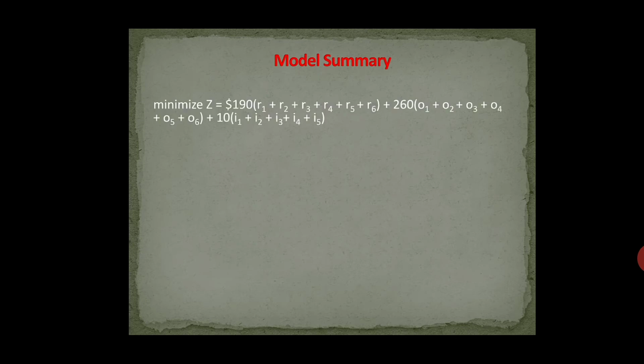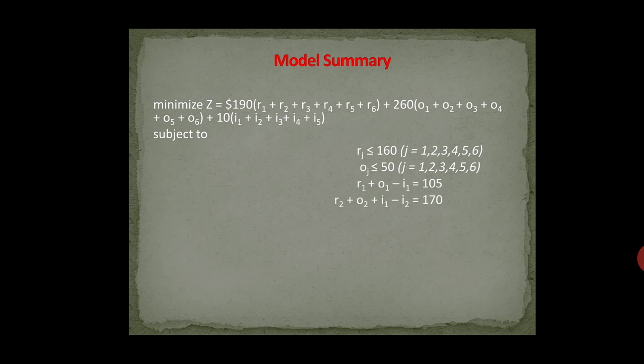So for the model summary, the complete linear programming model is summarized as: minimize Z equals $190 times the regular production per week, plus $260 times the overtime production per week, plus $10 times the inventory produced per week, subject to R sub j less than or equal to 160,